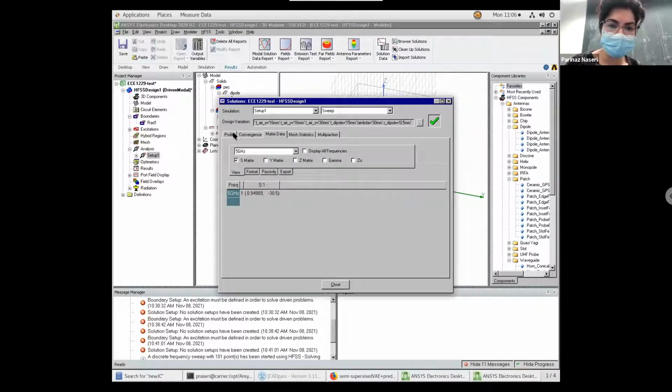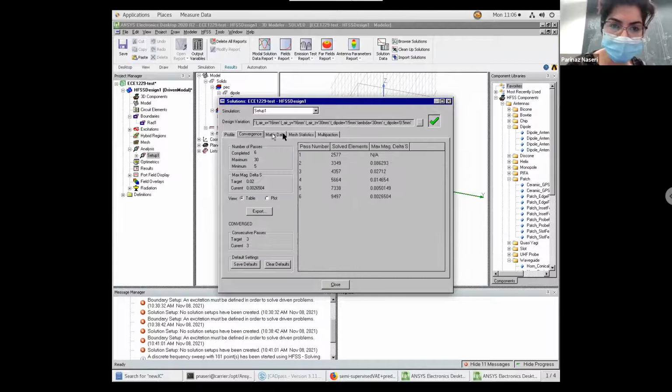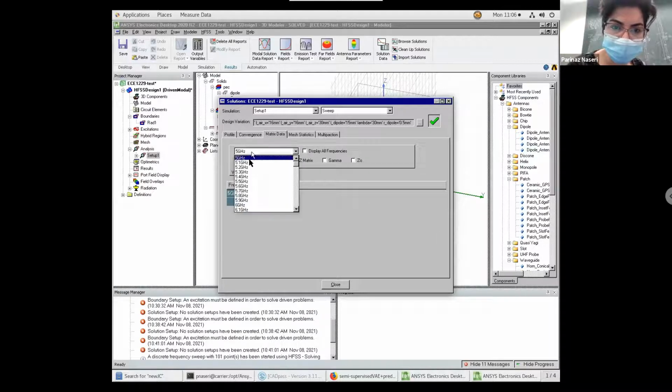Now we can look at different tabs. It says S11 is 1. Basically, everything is being reflected at 5 gigahertz because we didn't design this for 5 gigahertz. We designed it for 10 gigahertz. And also we know at 10 gigahertz,